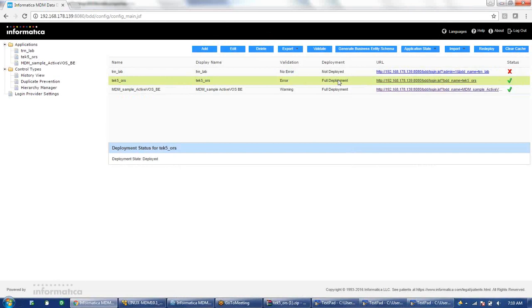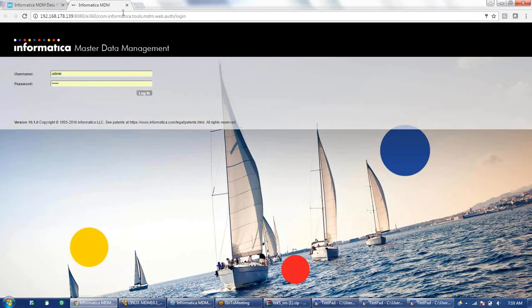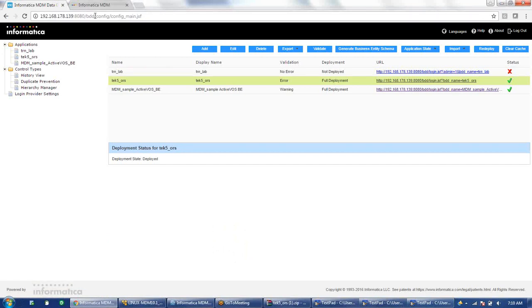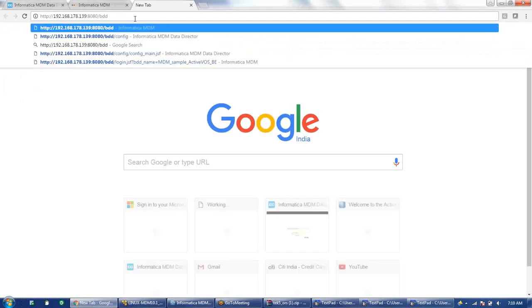So first we'll go to the application side now. To go to the application side, you can click on this application URL directly, which will take you to the application screen. So this is the application screen. Otherwise, you can just put the IP:port number/bdd.